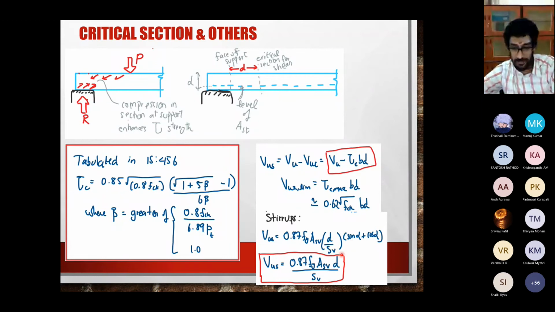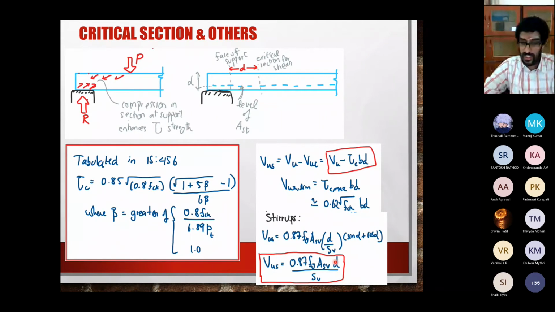In most cases, we have vertical stirrups, meaning alpha is 90 degrees. So therefore this is 0 and this becomes 1, and we have 0.87 Fy ASV D by spacing SV. This is the most commonly used formula for finding what